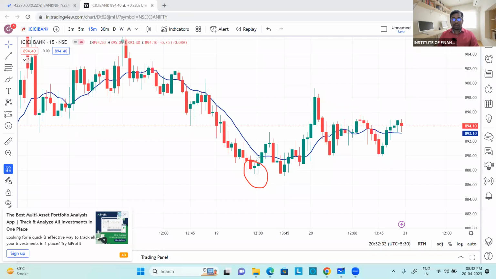I told you no. From here, if the stock moves again, it will come to this area. This will act as a support. Later also you can take a trade here if you get the buying pattern. Buying pattern means I have told you single candle patterns, two candle patterns, and this is the three candle pattern. If you get any candle pattern at the support, you can take the trade.